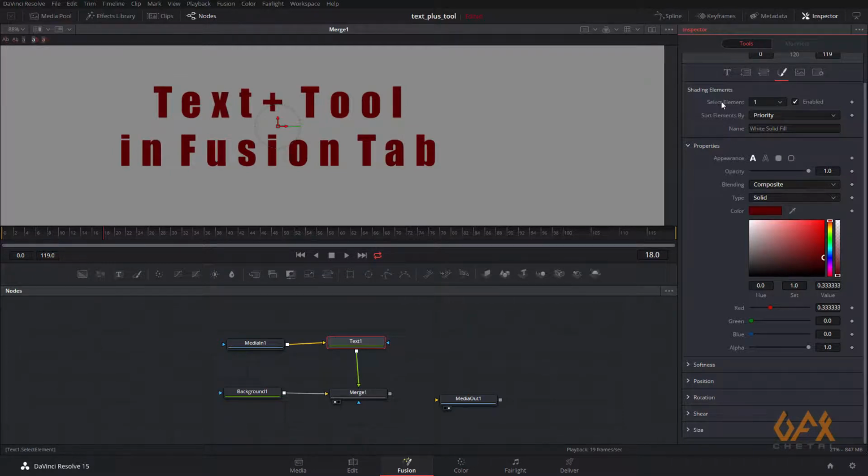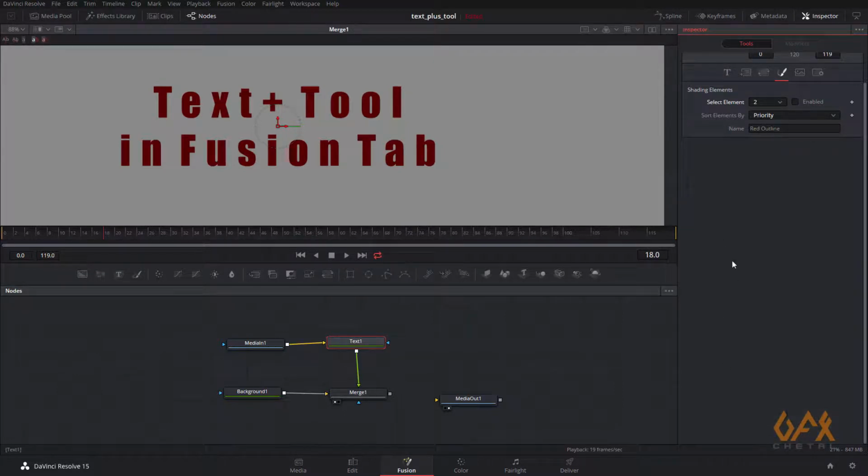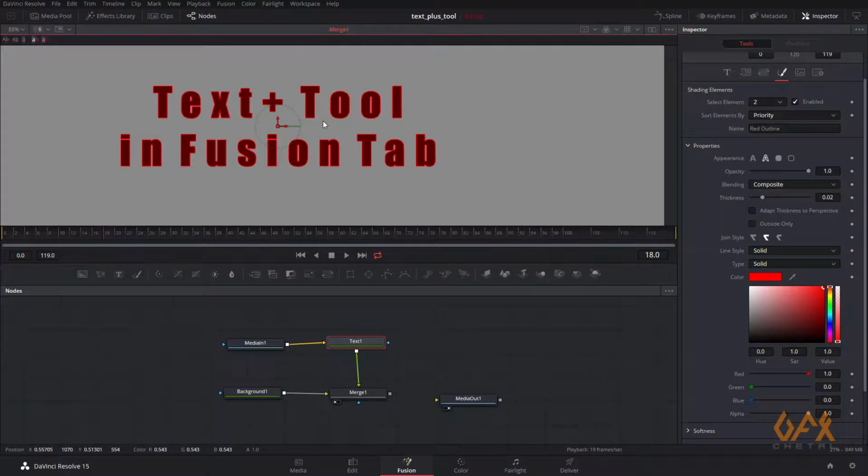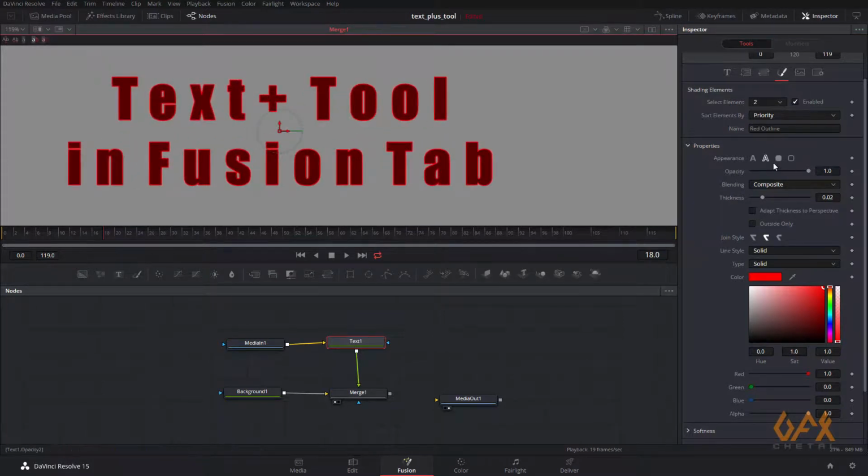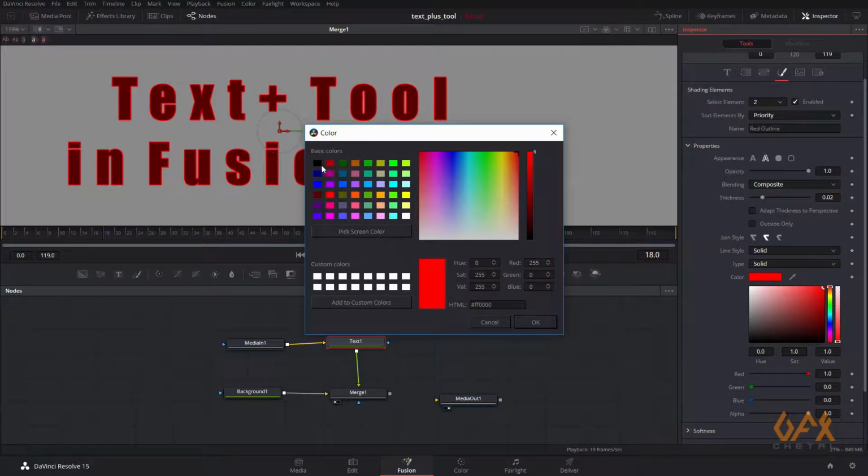Now I select element number 2. So now each and every property, when I enable these things, belongs to this outline, and you can see that appearance is on in this outline. So now you can change the border of your font, like I set it to black.